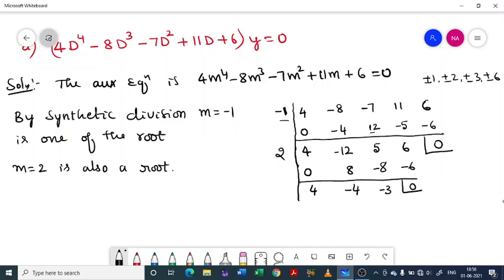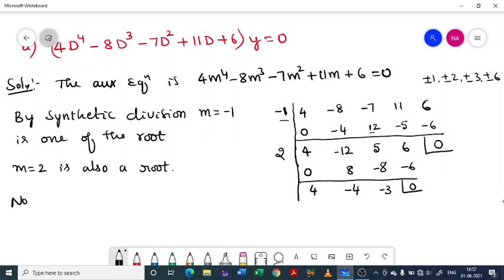So next you are left with 4, minus 4, minus 3. You can check that by taking any divisors of minus 3, you don't get any integral roots. See, by the synthetic division method you can find roots only if it has integer roots. Even there is an advanced synthetic division where you can find the fractional roots. But for the time being, what we discussed here is only for integral solutions. So further you cannot apply synthetic division, so you have to go for usual factorization.